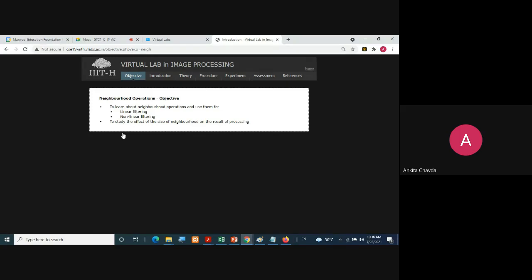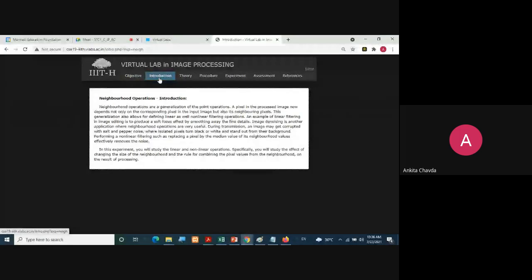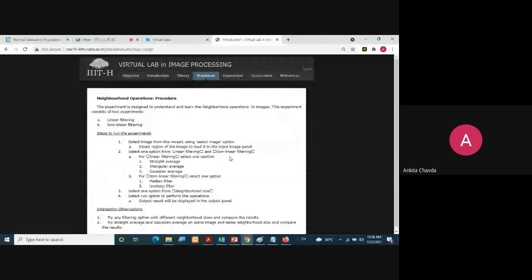So once you see this, you will get some idea about it. So generally filters are linear filters and non-linear filters. What are the differences and all that we will see in our theory session. But you can check for this, right? Directly go to this procedure.